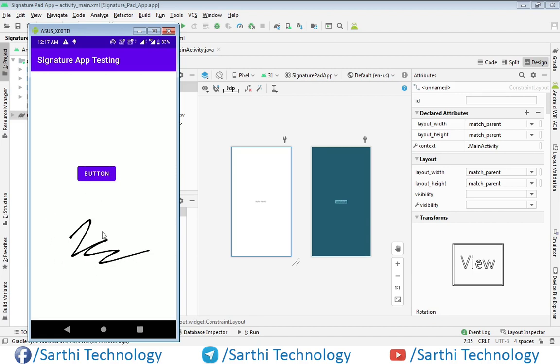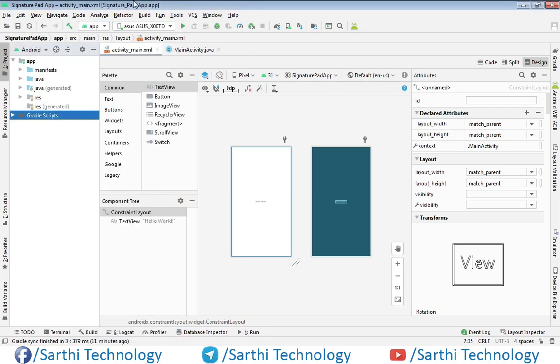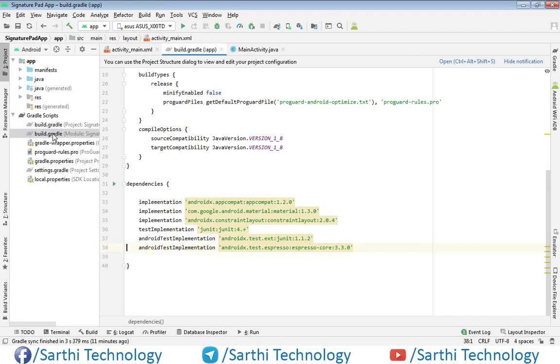So let's move to the Android Studio and start. Here we have this blank project, and the first thing we need to add is a library in the Gradle file. For that, just open this Gradle file, and here we need to add the code.